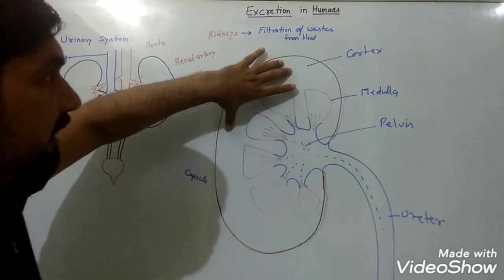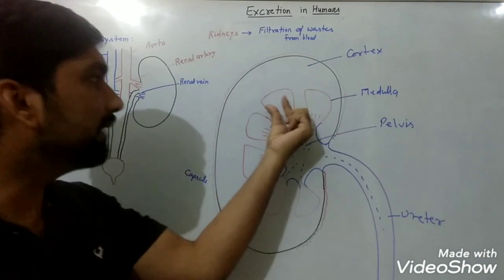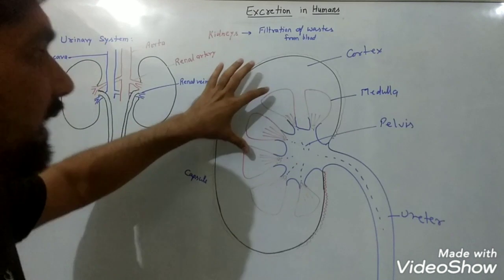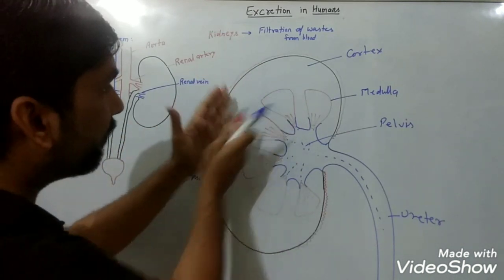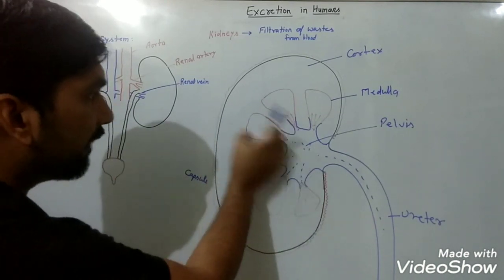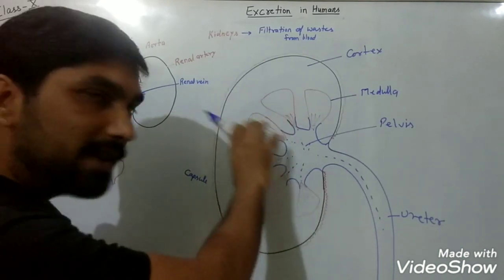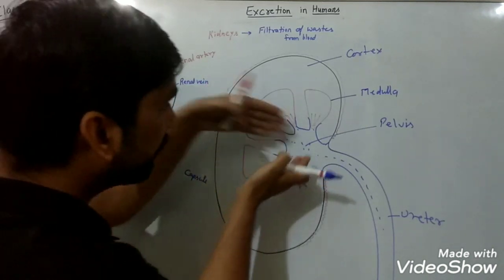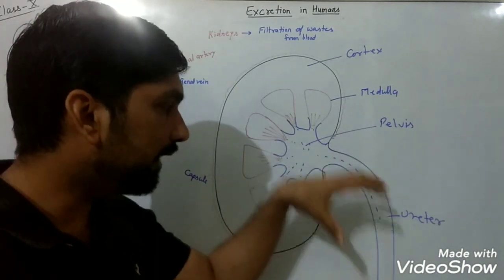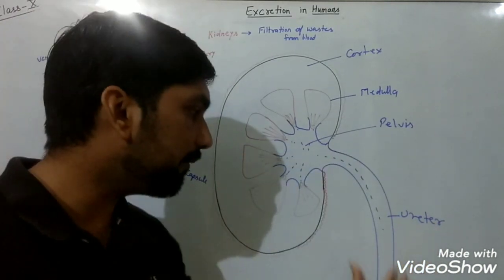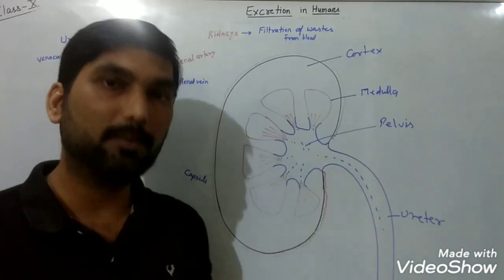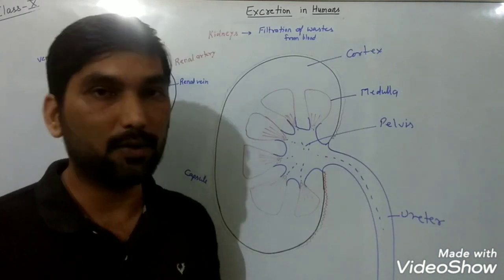So this one is the cortex region having nephrons, and this one is the medulla region. They are arranged in a sequence. They are of pyramid shape, triangular shape. The base is broad, and the apex is narrow. They have tubules which collect the urine or the waste filtrate, and finally pour it into a region known as the pelvis, and from here the urine collects into the ureter, and from the ureter it goes to the urinary bladder, and finally from the urethra the urine can be removed out from the body.